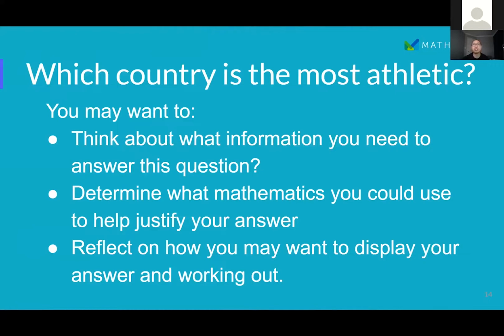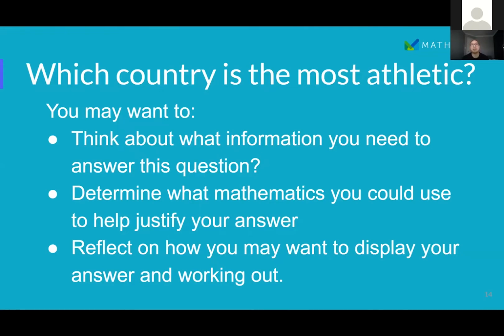So you might want to use spreadsheets. You may want to use mean, median, and modes, some of the things that you would have learned from your maths last year. And then think about how you want to write this answer up and justify it so that